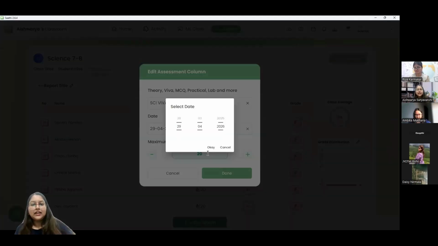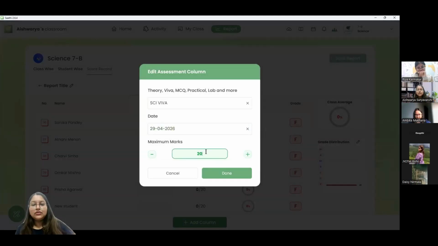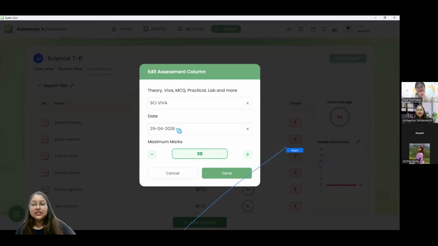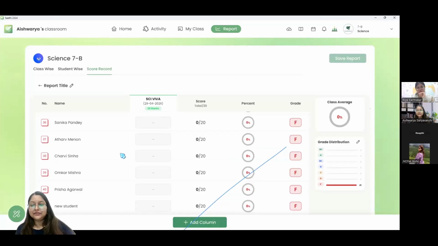Okay, I have the date. I can also select the date or change the date if I like. And I want to ensure that the number of marks, what is the maximum number of marks the students are going to get. So I'll put that and I'll just click on done.